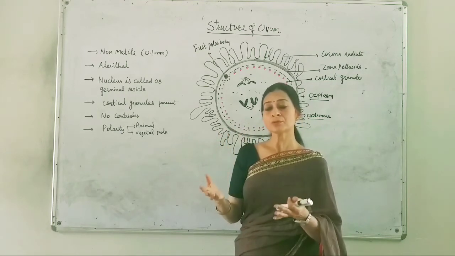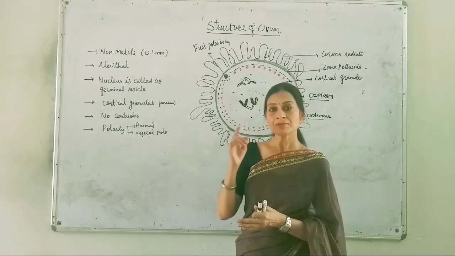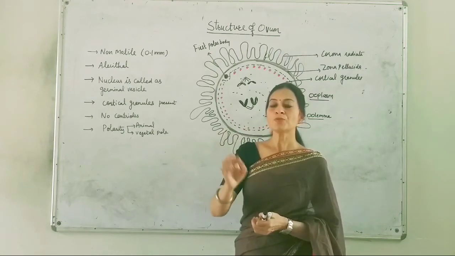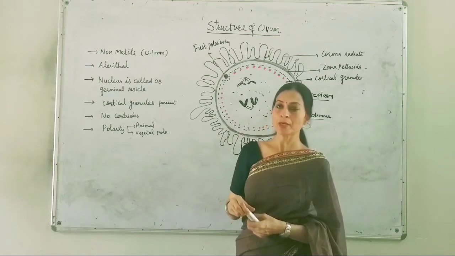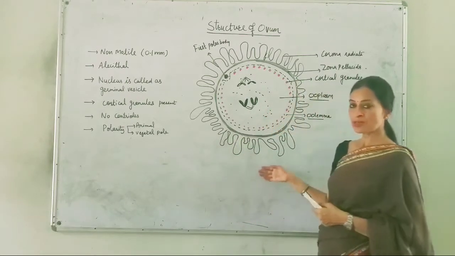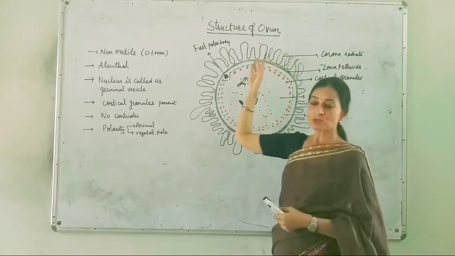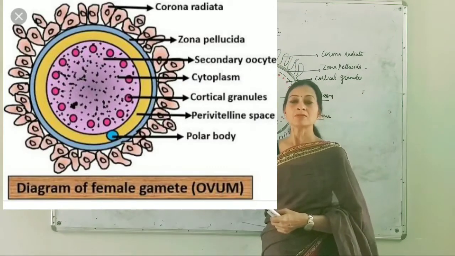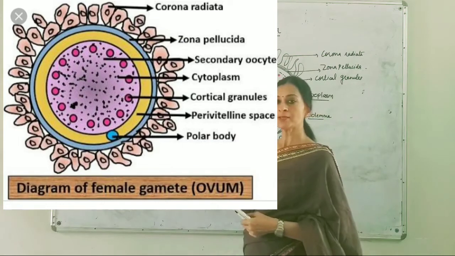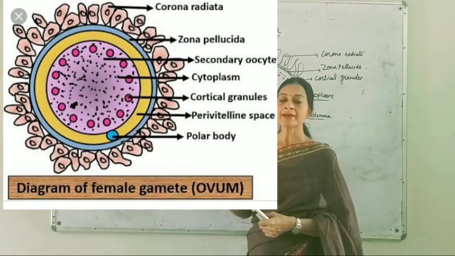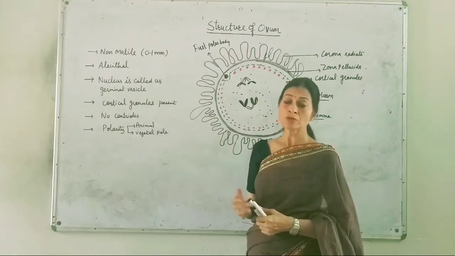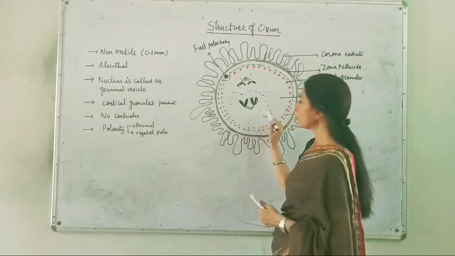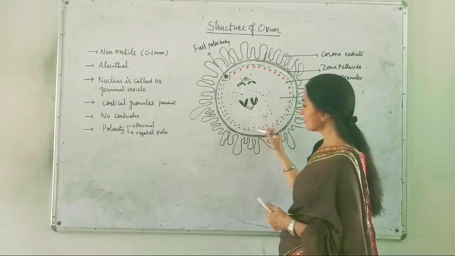And this meiosis second will complete only when the sperm touches that secondary oocyte in the fallopian tubes. Okay. So I have shown here a structure. I have labeled it as ovum, but actually this is the structure of the secondary oocyte, which is arrested at metaphase second. Like the other cells of our body, it has a lot of cytoplasm and a covering membrane.